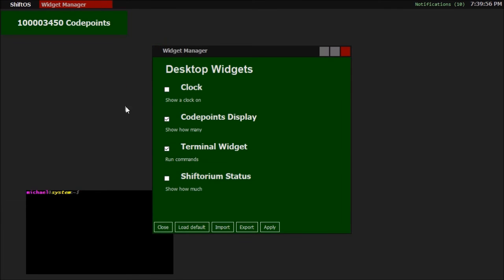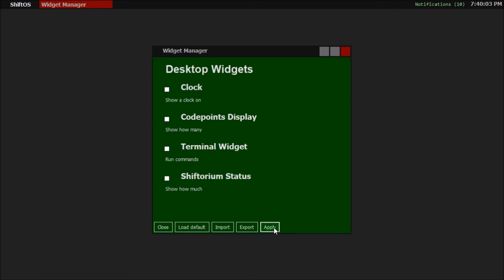But now we can load the default widget file, and well, things are a bit buggy now. Actually, no, they're not. Everything got hidden. I should have known that because I programmed that. But if we turn everything on,